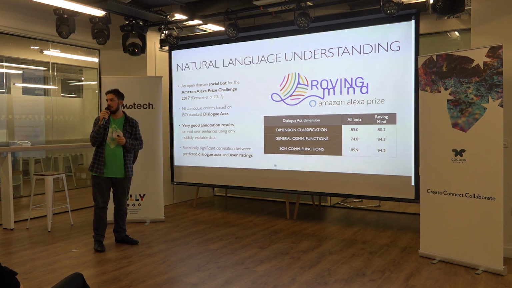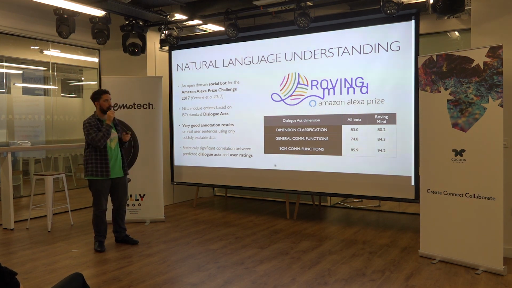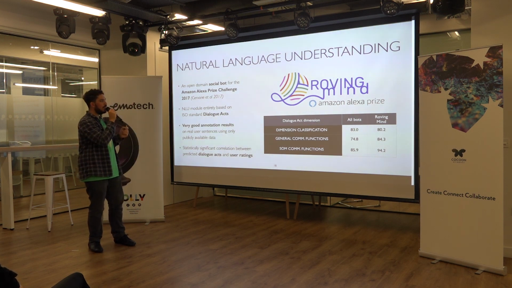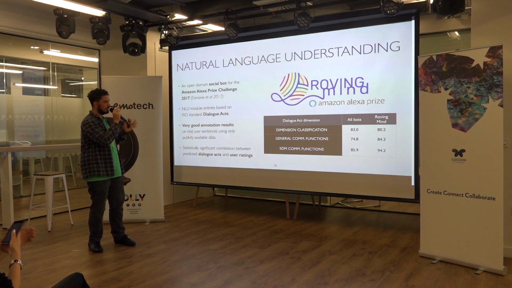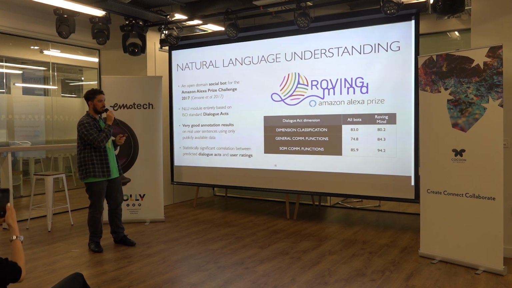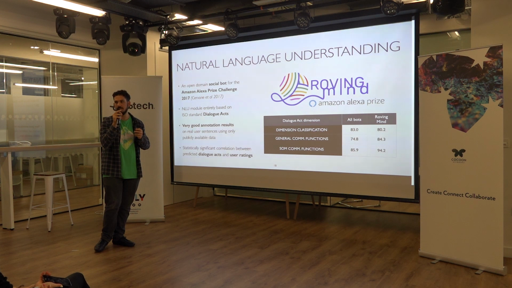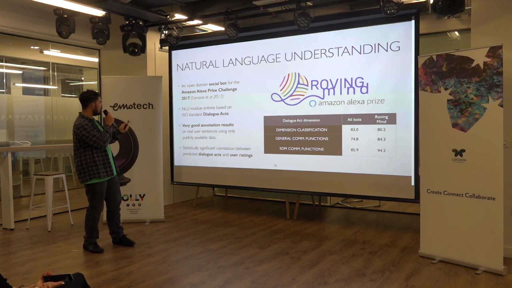My project at Amazon, the Roving Mind chatbot, was implemented in 2017. This was, for those who are familiar with the Amazon architecture, basically an Alexa skill endorsed by Amazon, built in a year with some support from Amazon researchers and engineers. And the objective was to build a chatbot, so a software able to converse consistently on any topic, which is why we chose to use DialogueX for the NLU model.